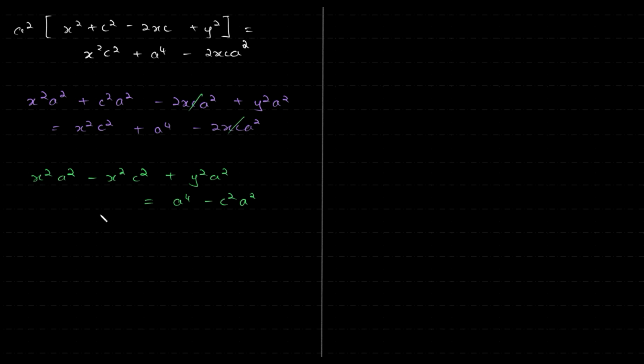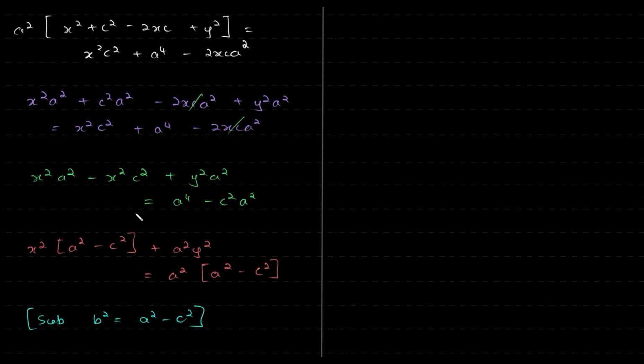Now I'm going to take common. So we have x square common over here. We have a square minus c square. Then we have plus a square y square. And here I have a square common. And so we end up with a square minus c square. Right? But what is a square minus c square? Think about it. It's not that hard. Yes. Substituting b square, which is equal to a square minus c square. That's the relationship between a, b, c, is it not? And so basically this is b square, this is b square, and this will turn out to be b square